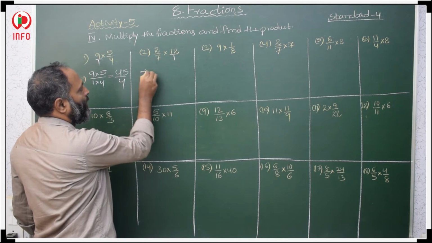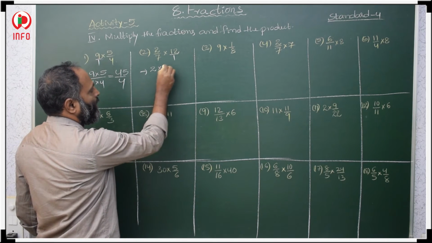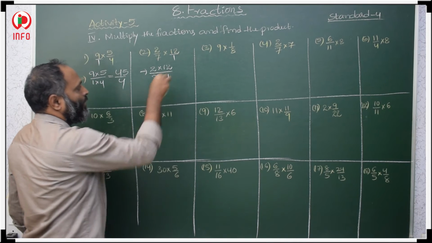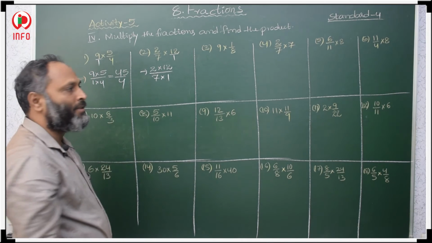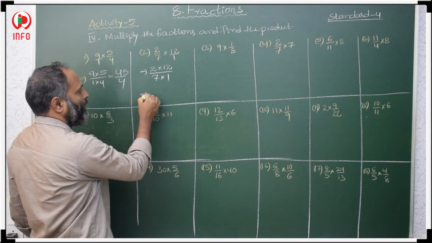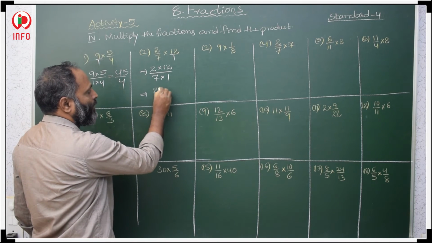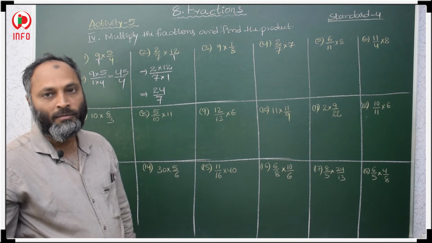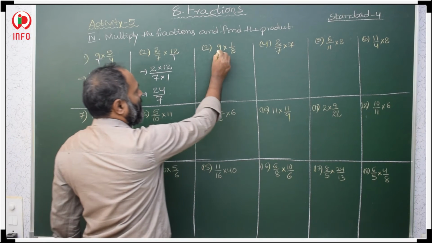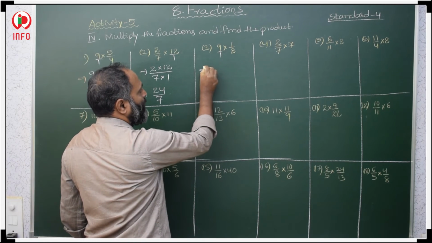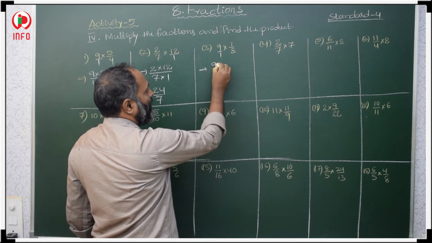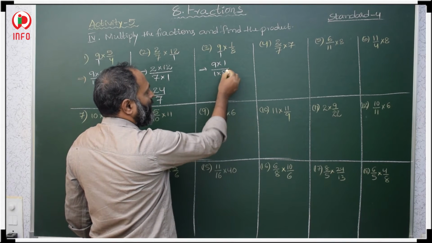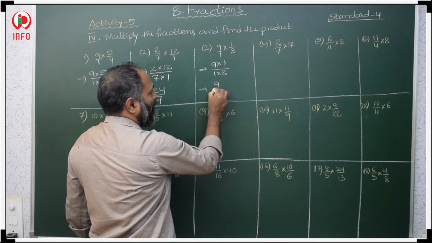Now here 12 by 1, there is no by, means by 1 we have to take. Now we have to multiply numerator with numerator. 2 into 12 by 7 into 1. We do not have any common factor, so we have to multiply numerator and numerator. 12 twos are 24, 7 ones are 7. This is the answer. Now here there is no by, means by 1 is there. Now we have to multiply numerator with numerator. 9 into 1 by 1 into 8. Then 9 ones are 9, 1 8s are 8,